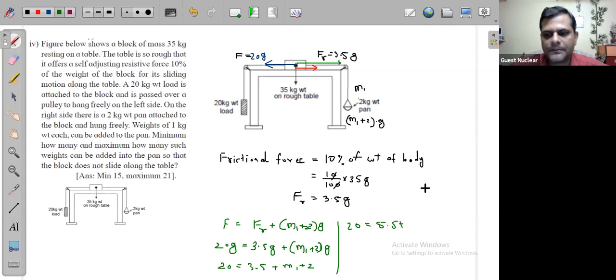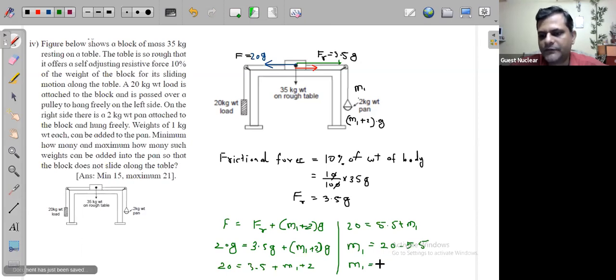Okay, and then we can just get this m1 by just transferring this 5.5 to that side, so as to get this 20 minus 5.5, which comes out to be 16.5. Okay, no, sorry, 14.5. 14.5. Okay, but since we want to find out the minimum weights that can be put here in the pan,